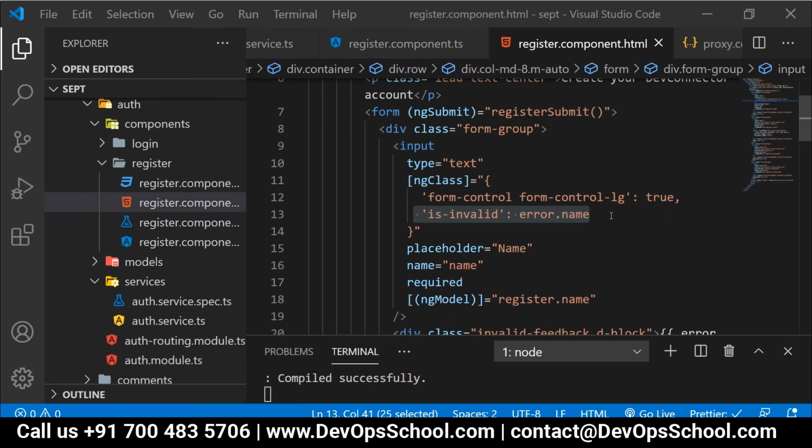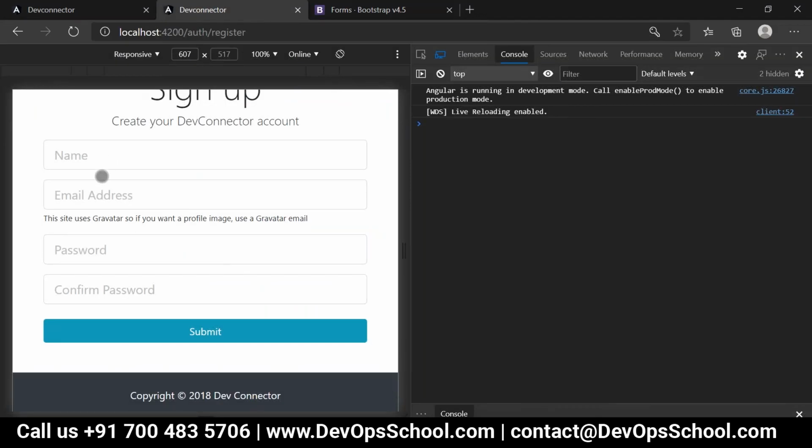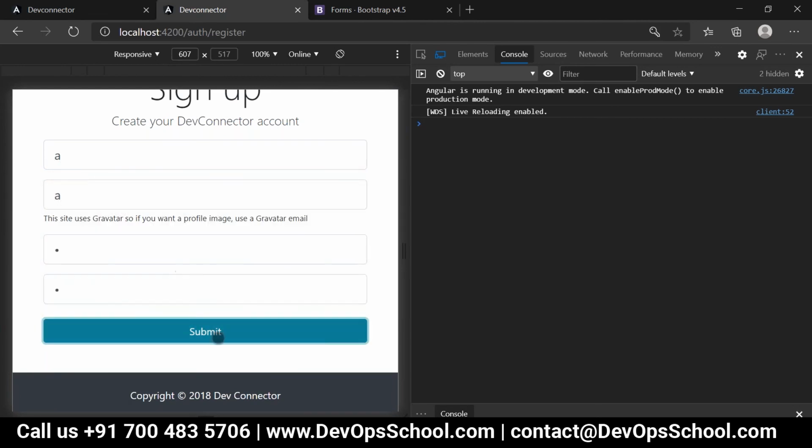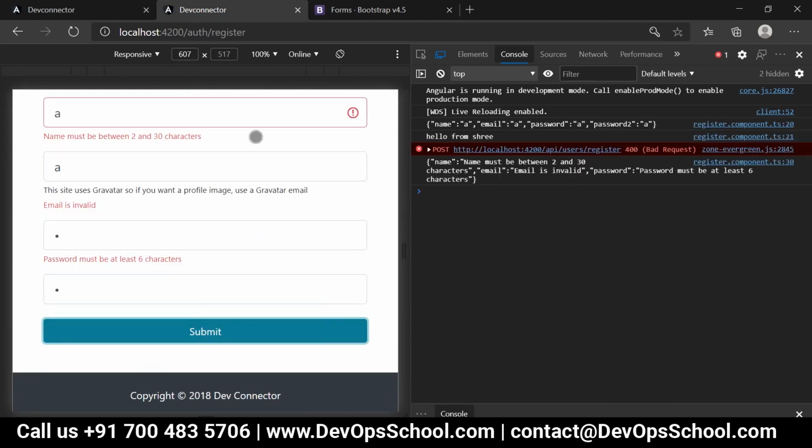Now, have a look over the UI. Is it getting a red border now, people? Now have a look over here.